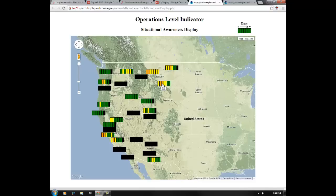So this is designed to be really helpful for those working at the Western Region headquarters or the Regional Operations Center to quickly get an assessment each day, each morning most likely, as to where the hot spots around the region are and allow them to look for opportunities to provide some additional support or offer assistance if needed. Drilling down to the WFO level,